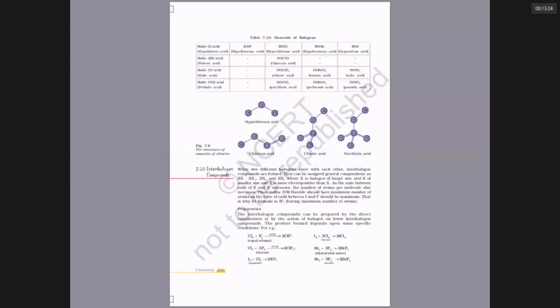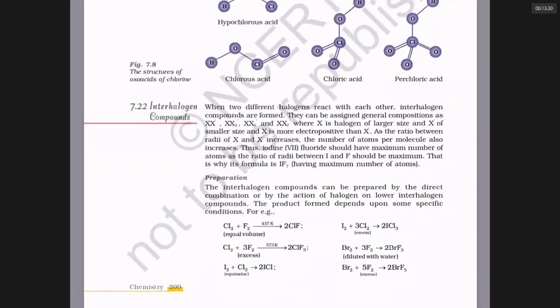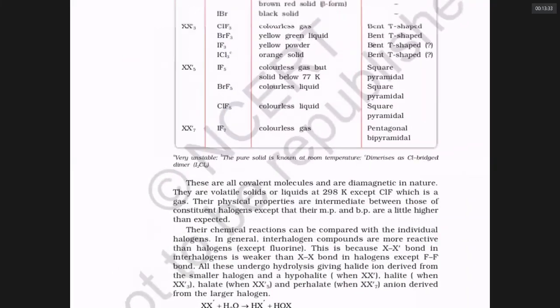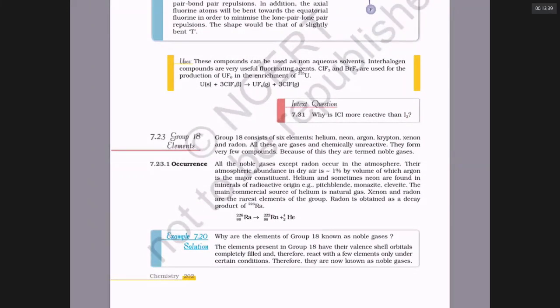Now, we have concluded the halogens. Now I want to speak very briefly about this last unit. It is very simple. The air has some unknown gases called helium, neon, argon, krypton, xenon. It was noticed in 1900 itself. But today those gases are known as noble gases. They are in the 18th group or 0 group. Helium, neon, argon, krypton, xenon, radon have several names. They are rare gases because relatively they were rare. They are called aerogens because they are obtained from air.